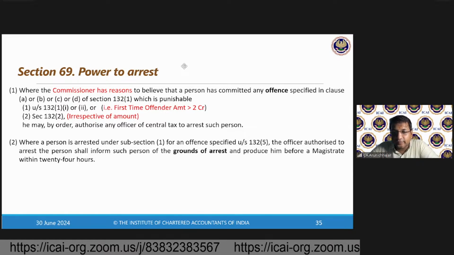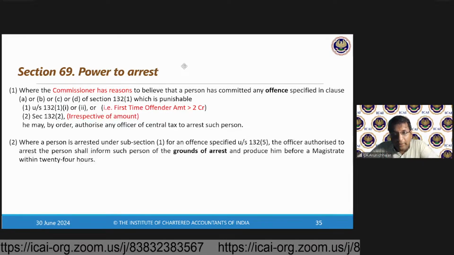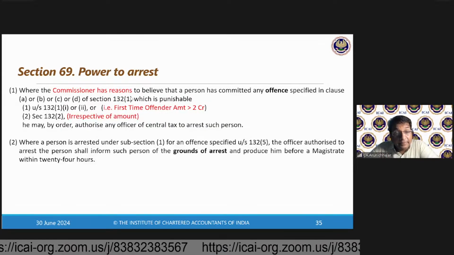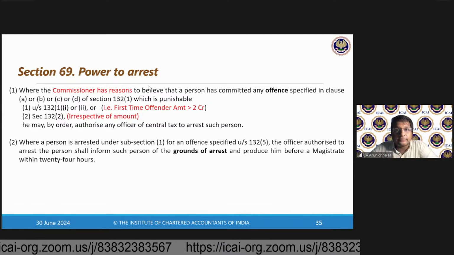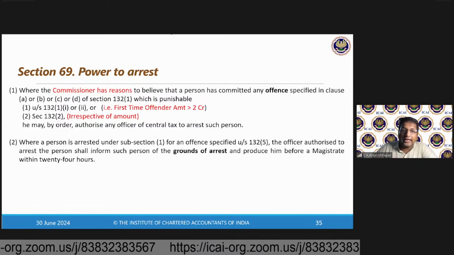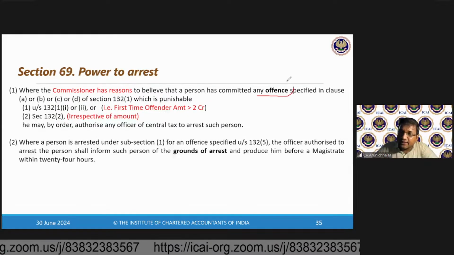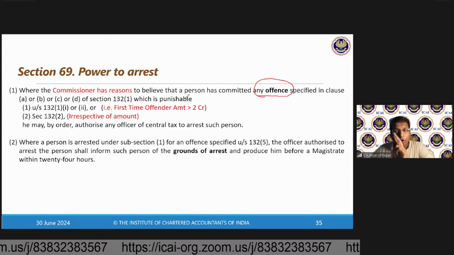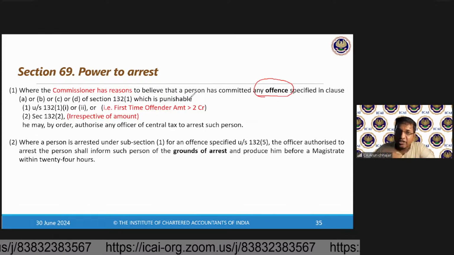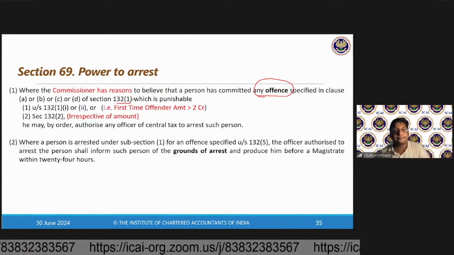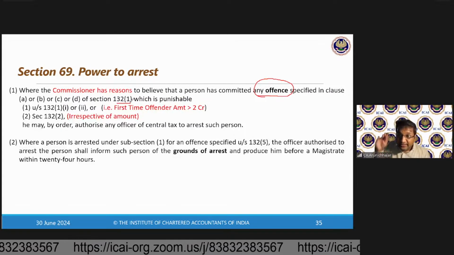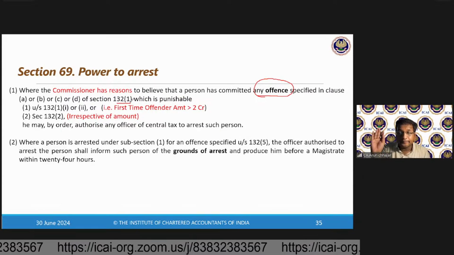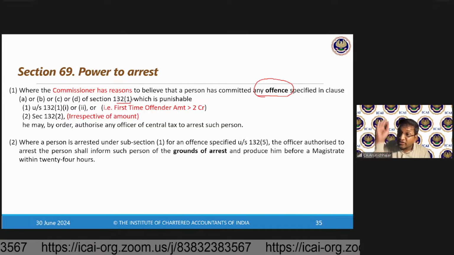What is the power to arrest? Power to arrest means the commissioner has reason to believe that a person has committed any offense specified in clause A, clause B, clause C, and clause D of section 132, subsection 1. We will discuss 132 in some time. But 132 talks about certain offenses